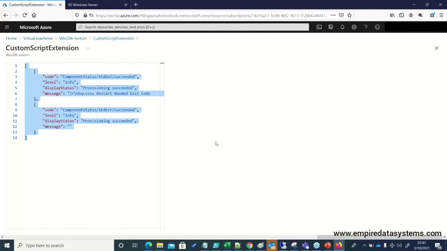Then again, for validation, we came back and opened IIS through the public IP, and we can see that the web server is there. Just to double check, we logged into the server and verified Server Manager, where the web server is there, and inside the server we opened the web server by navigating